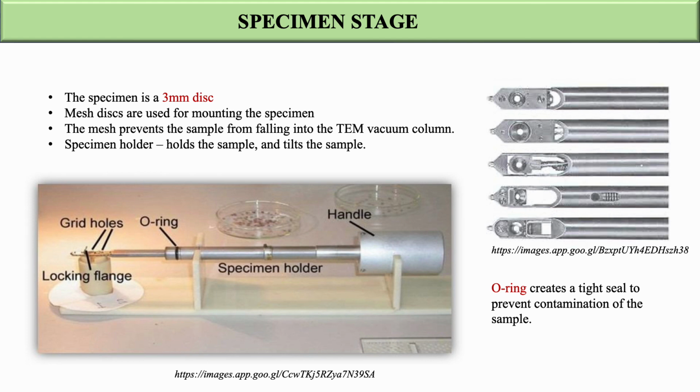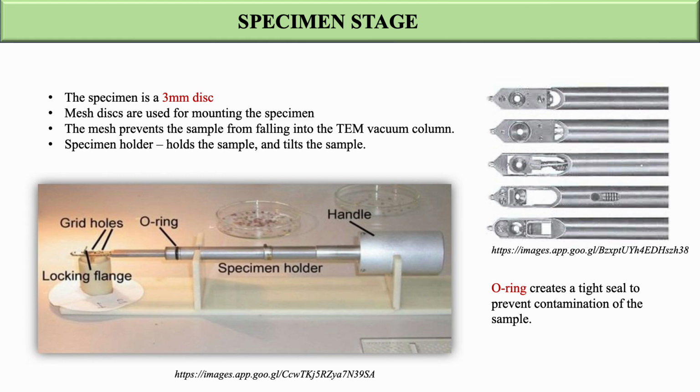This rod-like device is a specimen holder. It has an O-ring on it, which creates a tight seal and also secures the sample and isolates it within the TEM column tube. And these are the grid holes on which we mount our samples, using different mesh discs